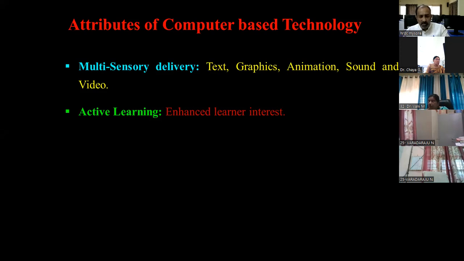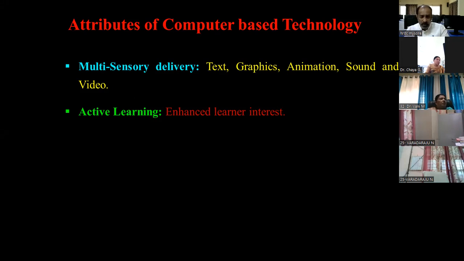Suppose you present something in the form of text, the kids may not like it. That's why when you look at the books of LKG, UKG, or primary schools, there are a lot of images. Even a small story comes with a lot of images so that students gain interest by looking at the images rather than text, which looks dry to them because they don't have imagination power.